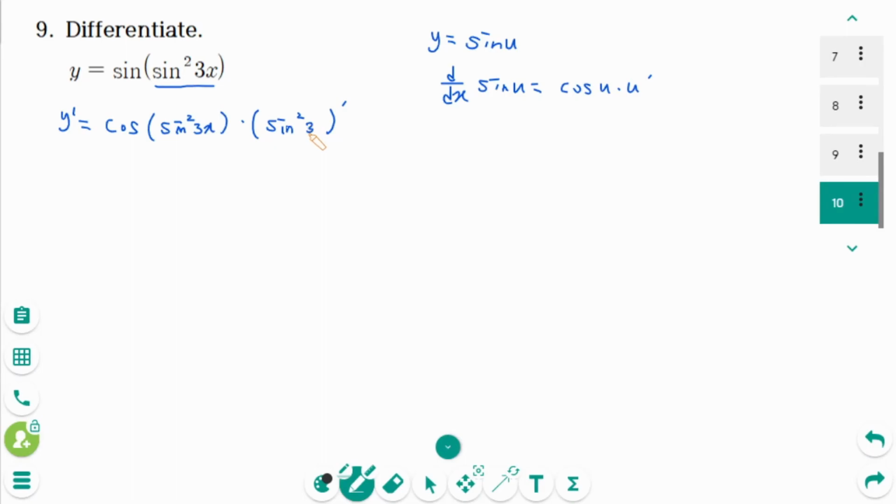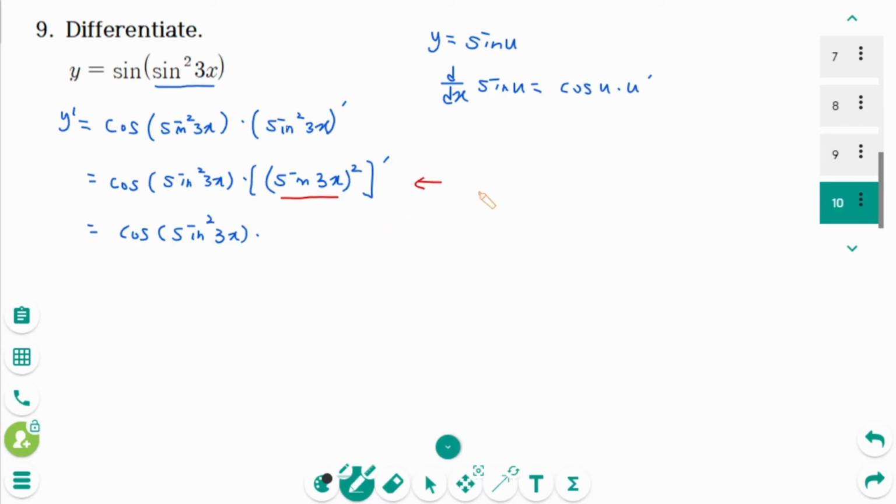So cosine of sine squared 3x times, we can rewrite as sine 3x squared, then prime, then cosine of sine squared 3x times, now u equals sine 3x, so that means u squared prime like that, then